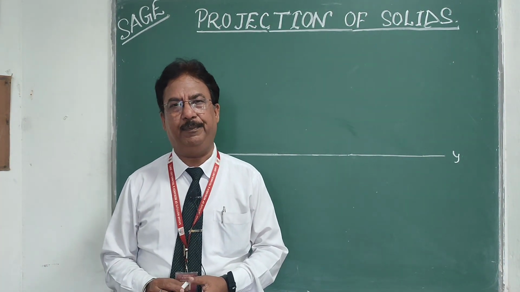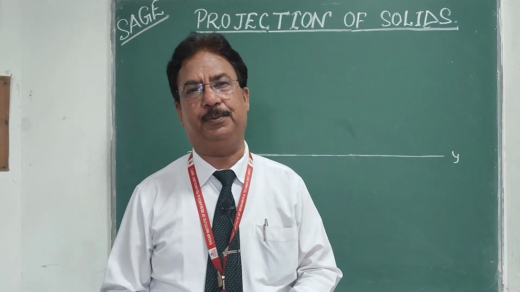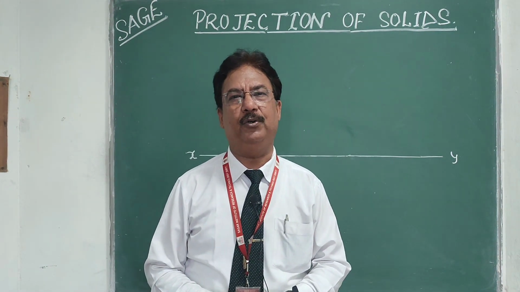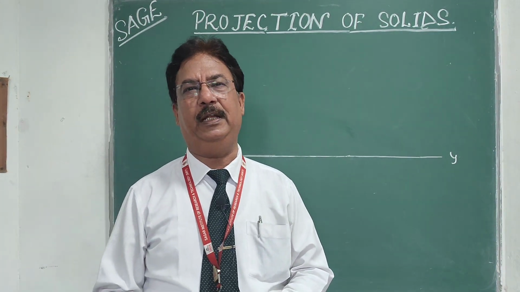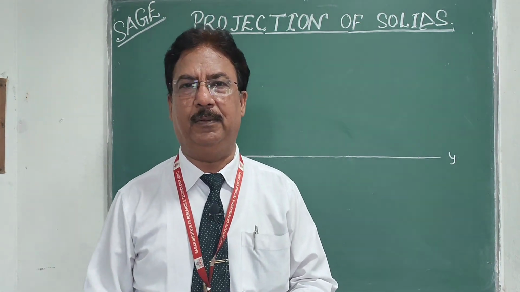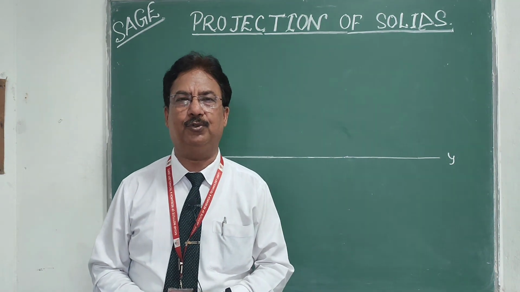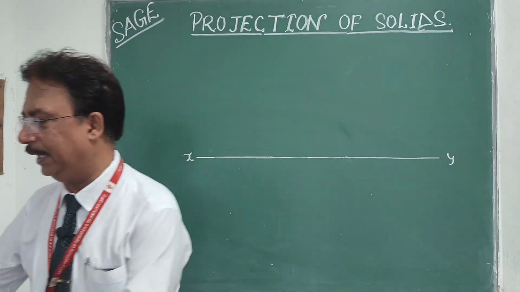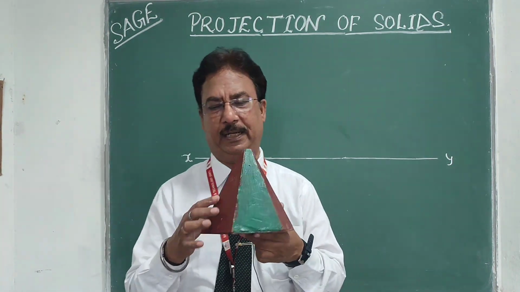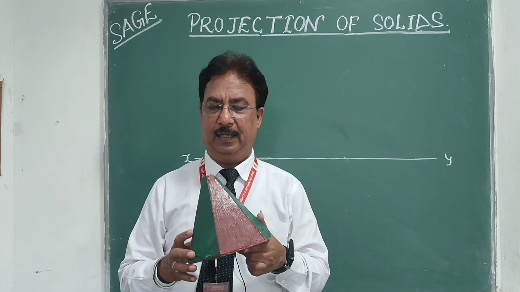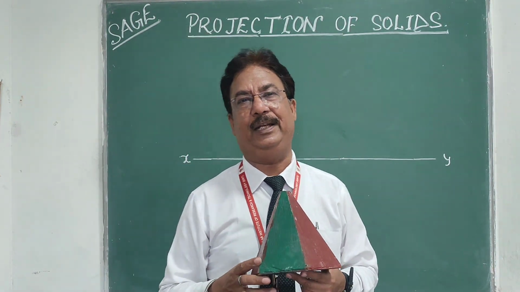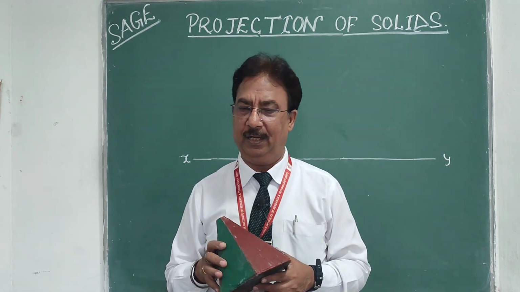If you remember, last time we started the new topic, that is projection of solids, and in the earlier two videos I gave you a brief about the simple positions of a solid and the different shapes of solids. Today I am going to draw another problem on projection of solids, and one of my favorite solids, a pyramid. This time it is a hexagonal pyramid, with the axis inclined to HP and parallel to the VP.